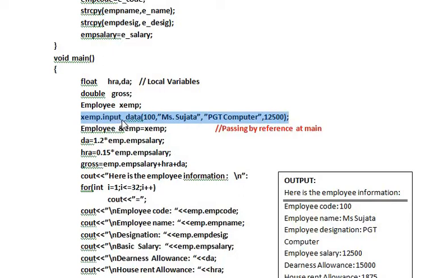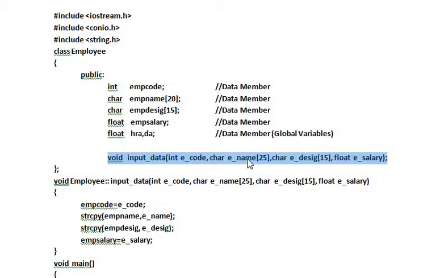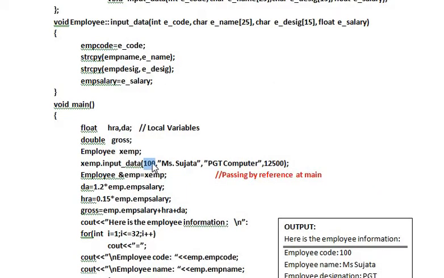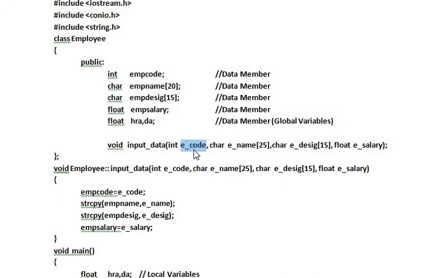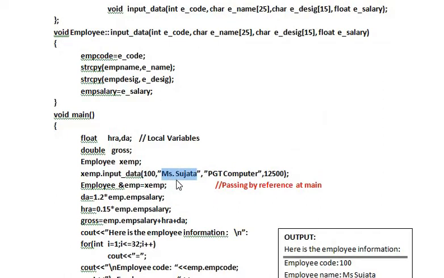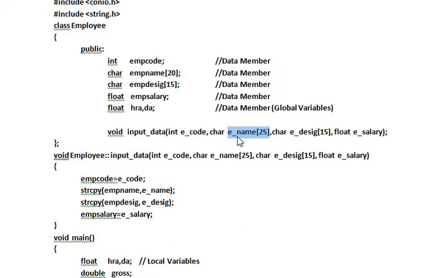And when it starts accessing the member function input_data, it passes these parameters from this calling function into this call function. So the value 100, which is the parameter in the calling function, shall be copied to the parameter e_code in the call function. Similarly, the value Ms Sujata in the calling function of input_data shall be copied into the parameter e_name of the call function,